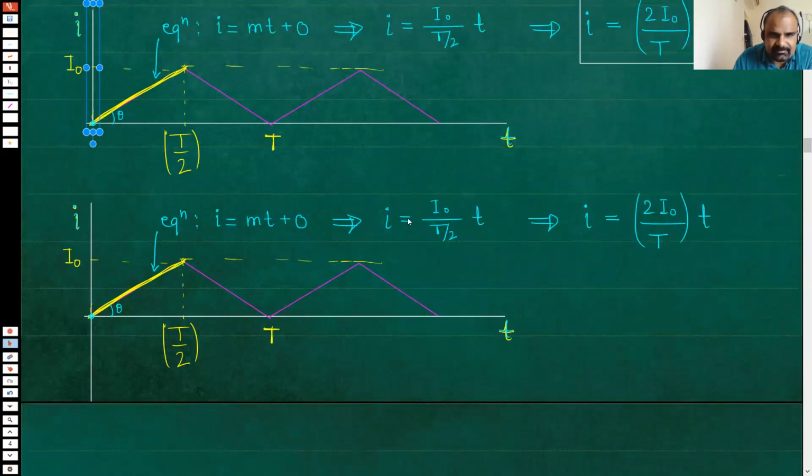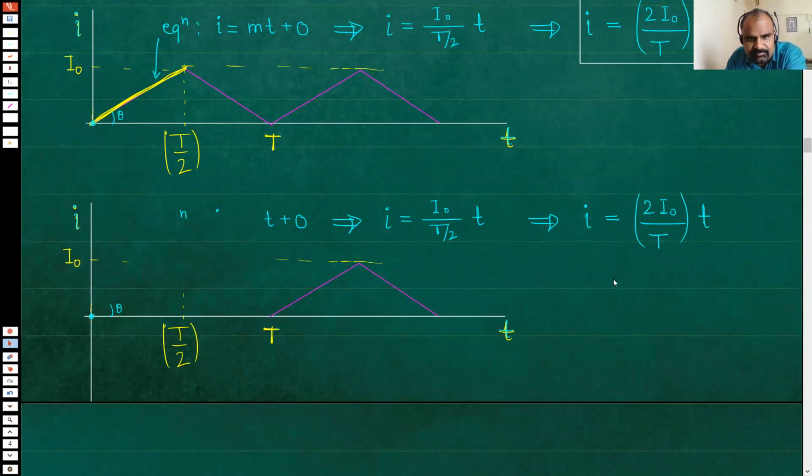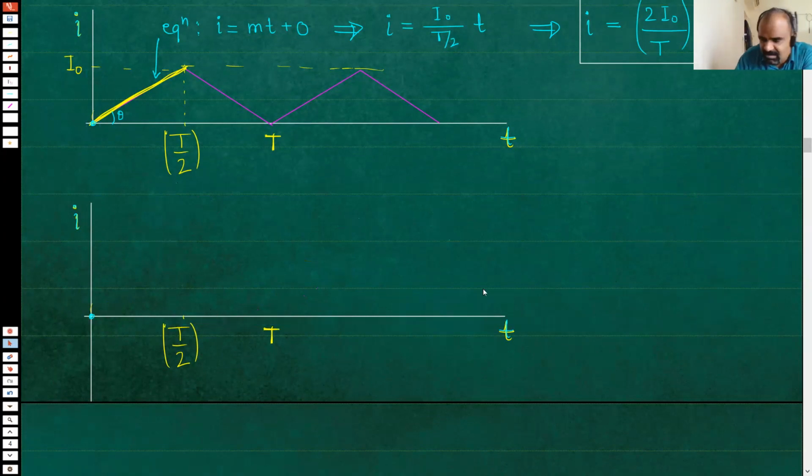So this second graph will completely change here. These things will change now. The second graph is what graph? It is not the current versus time graph. It is the current square versus time graph. So from 0 to t, if it was a straight line, when you square it, will it remain a straight line? See, this was a straight line. Will it remain a straight line when you square it?